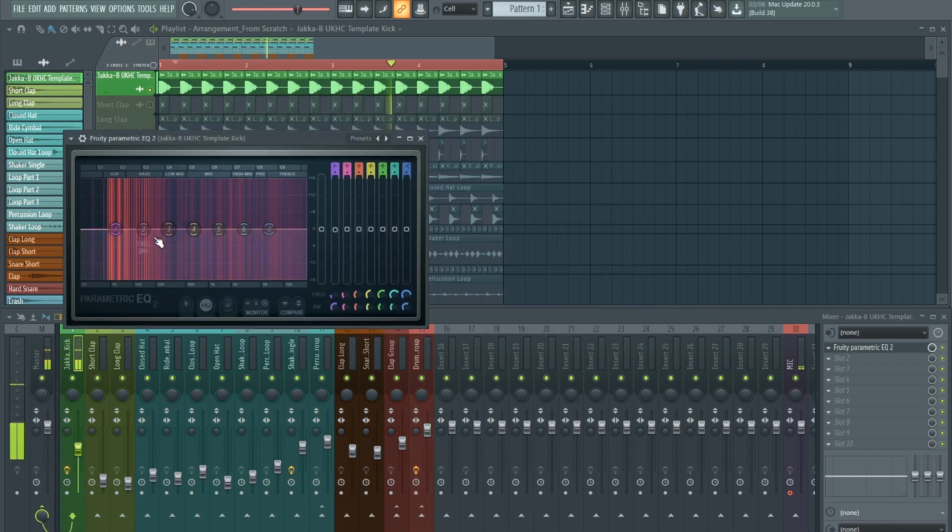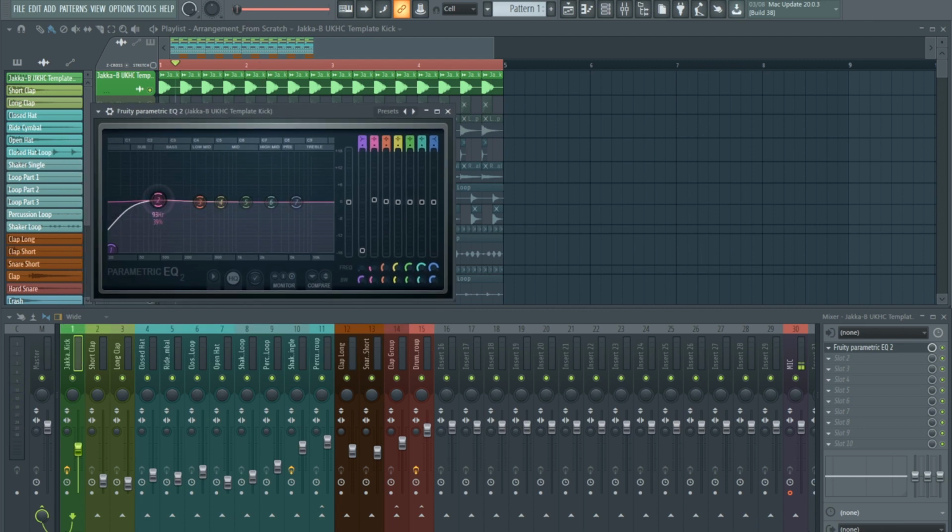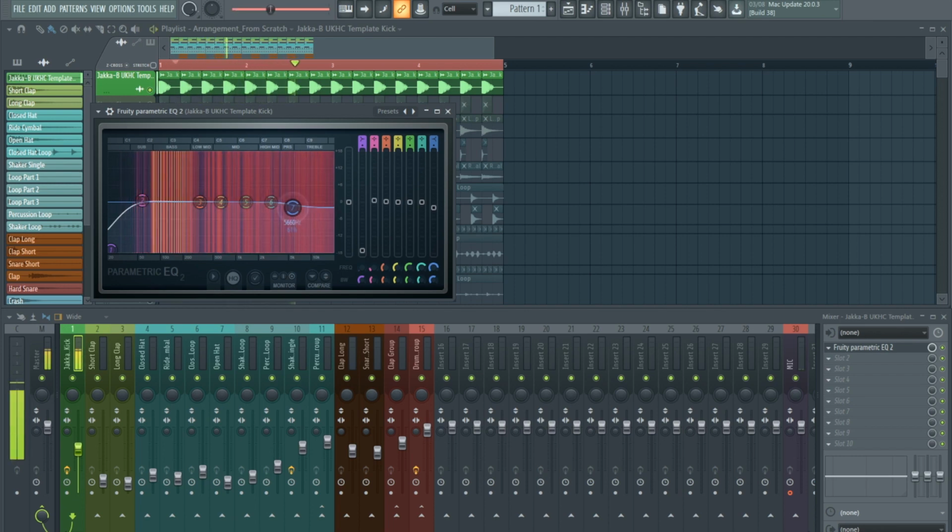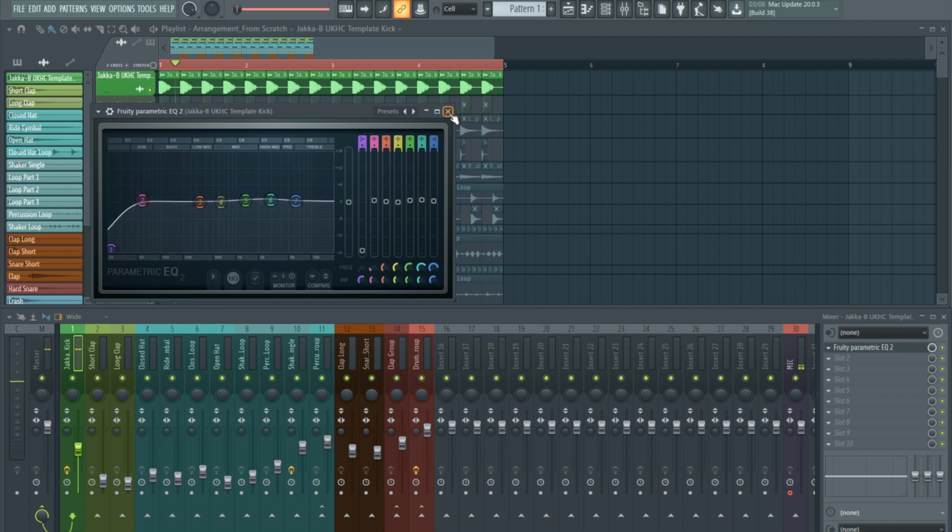So you can see there the kick, and the difference it makes when I boost some certain frequencies, which I'm not actually going to do. May roll off some low end potentially. Just a bit low in there, but that was probably all I would do, and I wouldn't even necessarily do that, to be honest. The kick's kind of already well EQ'd,